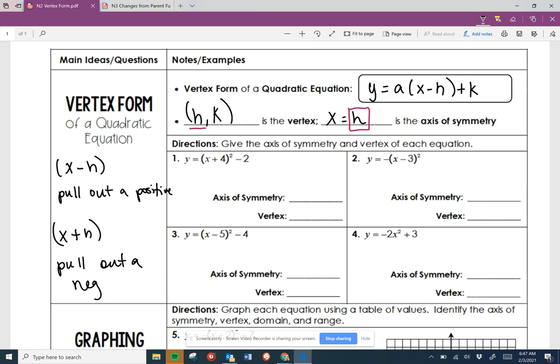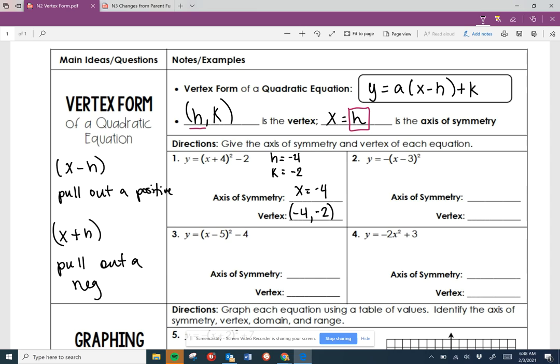Okay, so here you can see this is a plus 4. So we look over here, that's going to be a negative 4 that they inserted into the equation. So h equals negative 4 and k equals negative 2 because it has that minus 2. The k has a plus, so it's going to be normal rules. You only have to remember about the h. So that will be our (h, k). So our vertex would be negative 4 comma negative 2,